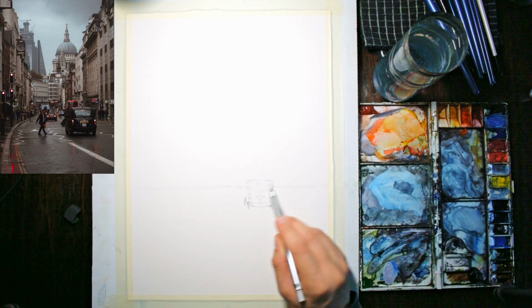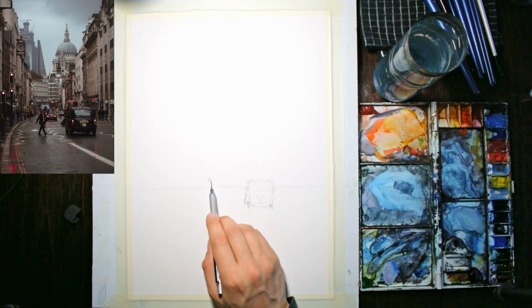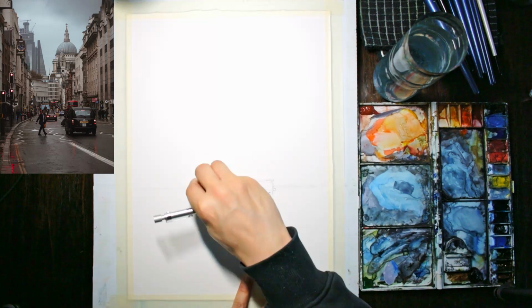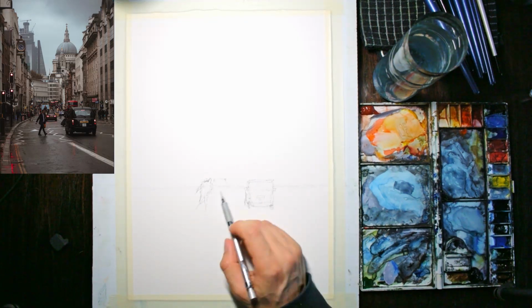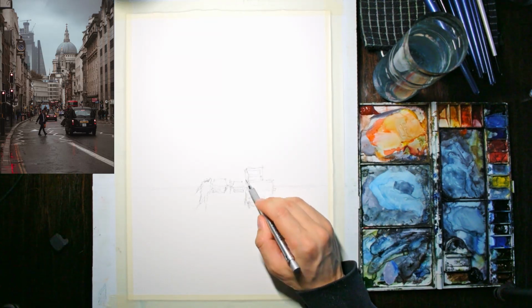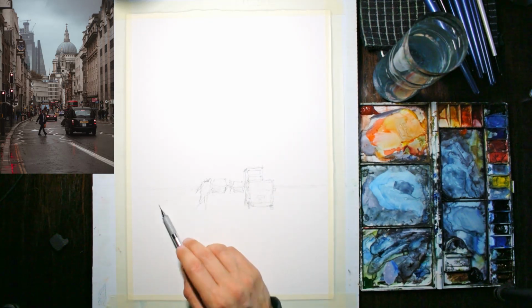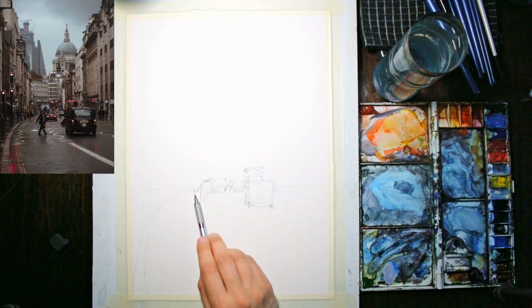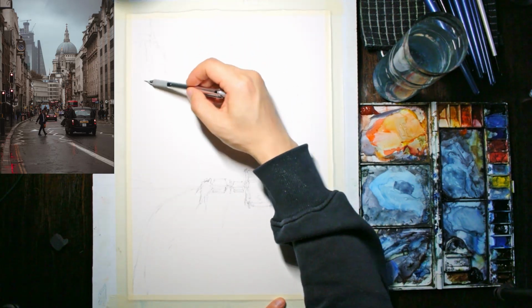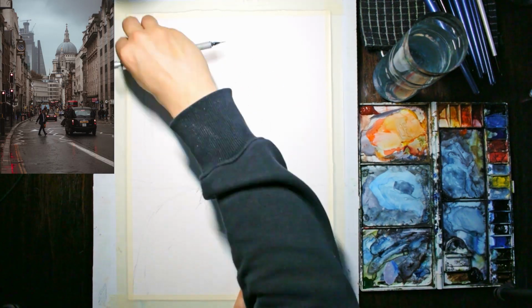So I'm going to go through and show you how I planned this out. I'm actually putting in just some of the details in the front first. I've popped in the horizon line. Then I've started to indicate some of these cars, and notice I'm being very loose with them. I'm adding them in, but I'm not trying to copy the reference picture exactly. I'm just following the outline of the path on the left and modifying some of these